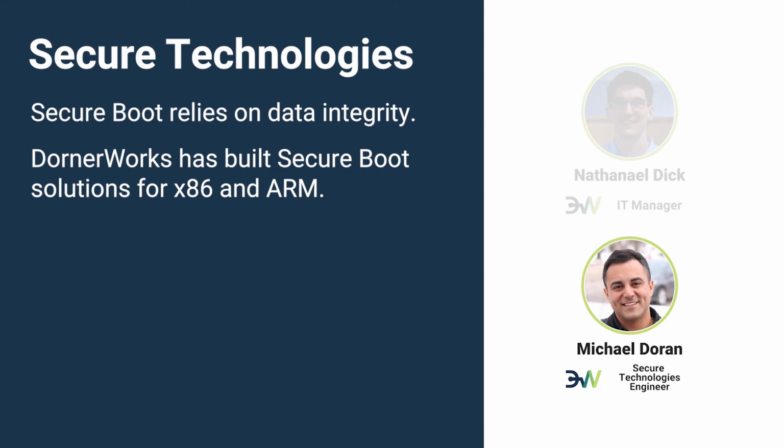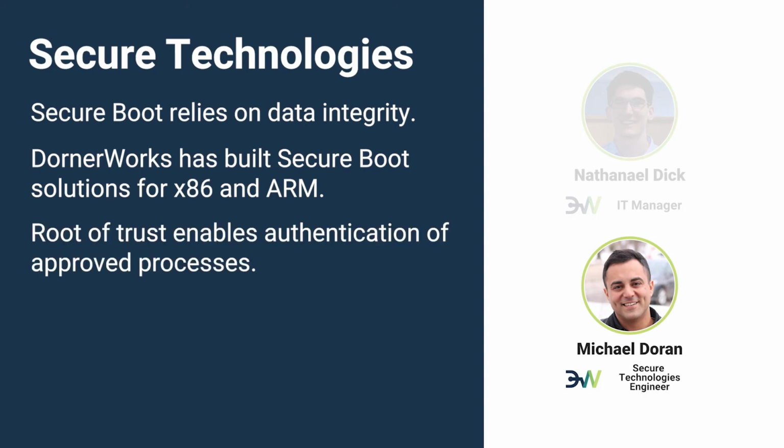And so that can be taken all the way down to the hardware level, where you're performing this root of trust implementation, say with a trusted platform module, or you're using certain hardware features, for example eFuses or crypto blocks that would be baked into the hardware in order to establish that root of trust. And so once we establish that root of trust, it's then from there passing or chaining along this same process in order to authenticate and validate any additional software that will execute at any privilege level